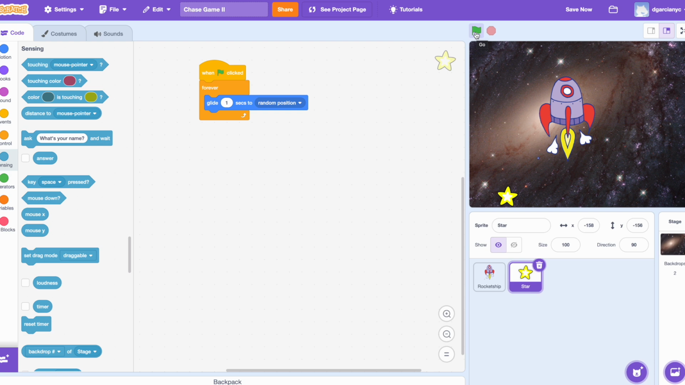But let's run it real quick so we quickly review what we can do here. So as you can see, the star is moving around, and I can control the rocket ship with the keyboard arrow keys. All right, so what we're going to do today is add some more functionality to this game, and we're going to start